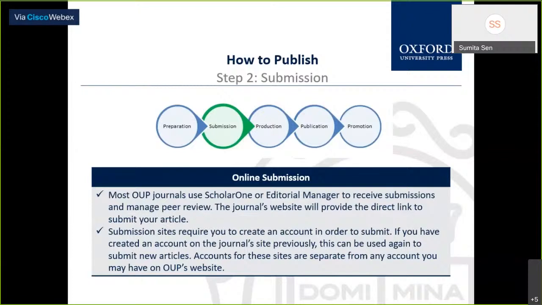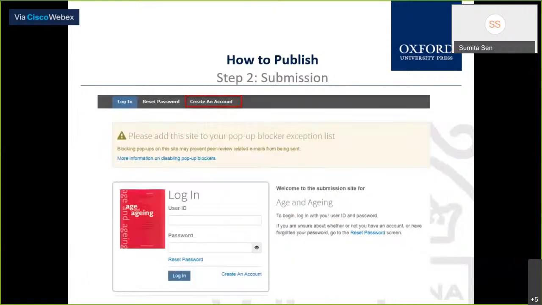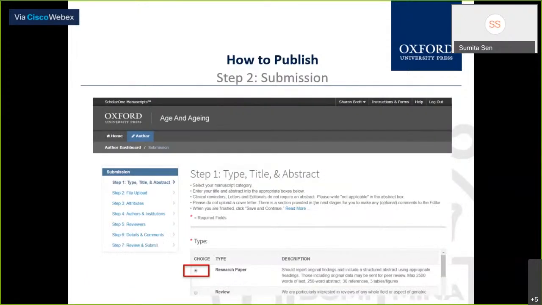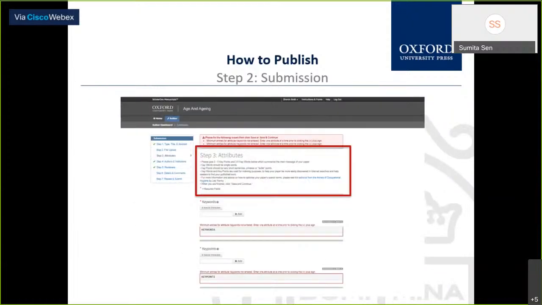That site will be different from the journal's submission site. So the next step would be creating an account with the author services site. So this is done. I've already explained all this to you.